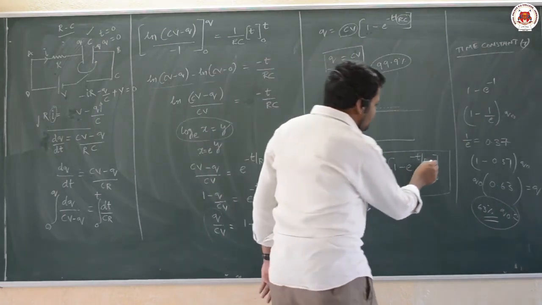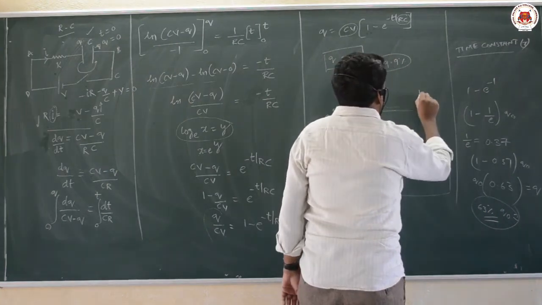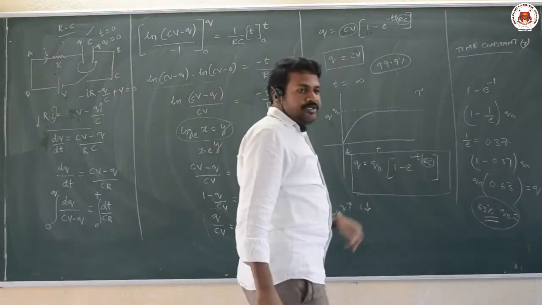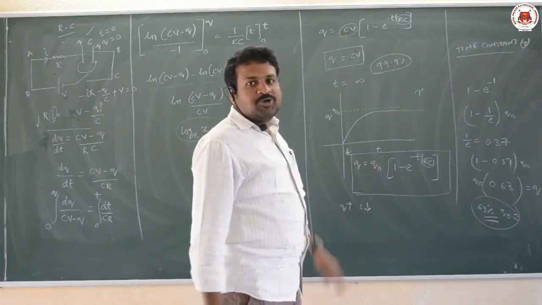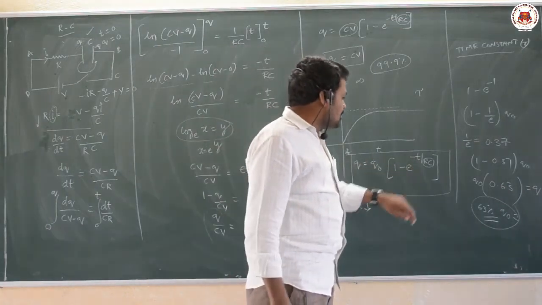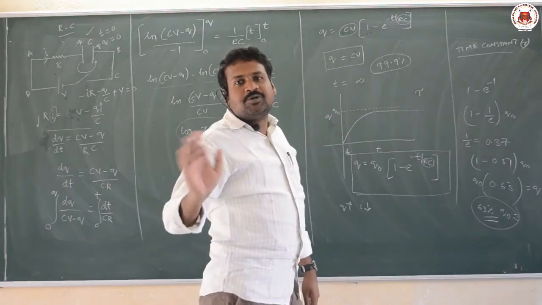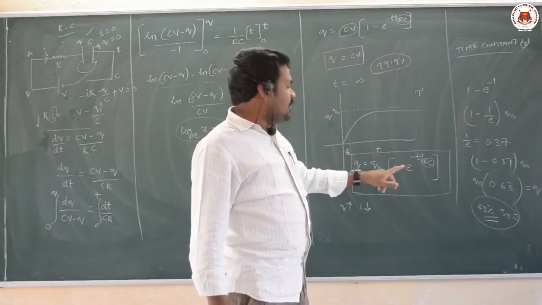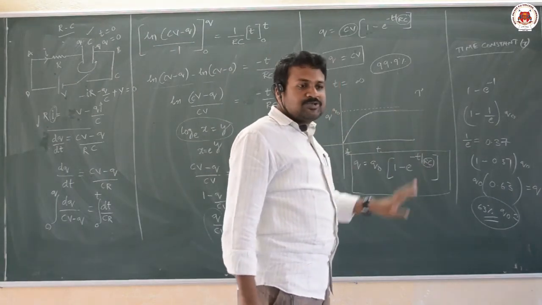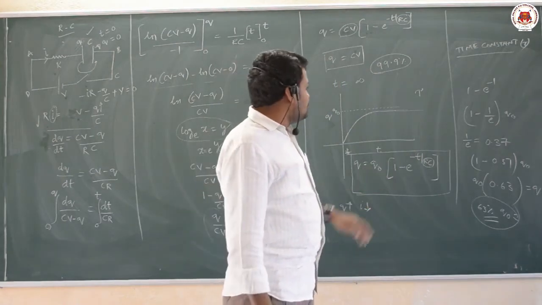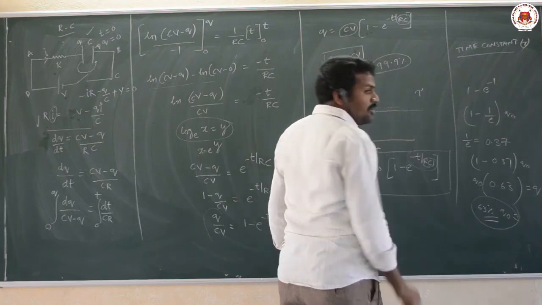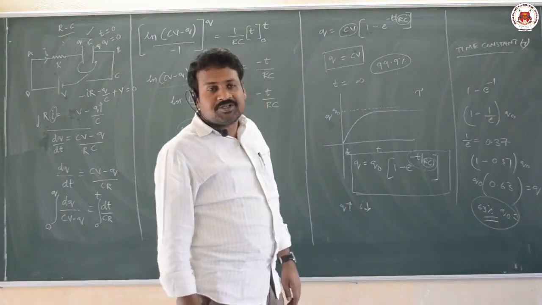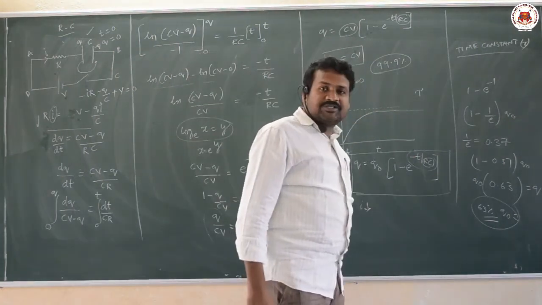This RC is called time constant, denoted by the letter tau. If you see the dimensional formula of RC, you will get exactly time only, because the exponent should not have any dimensions. So this is time, this is also time, both will get cancelled. Therefore t by RC is dimensionless, where RC is called time constant,